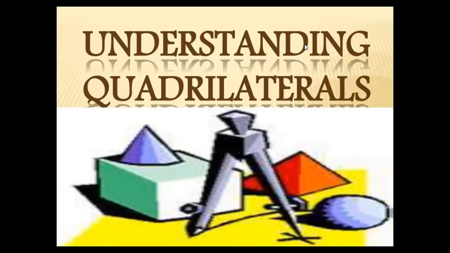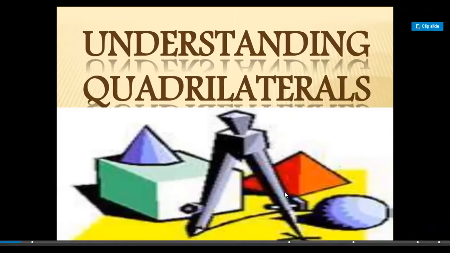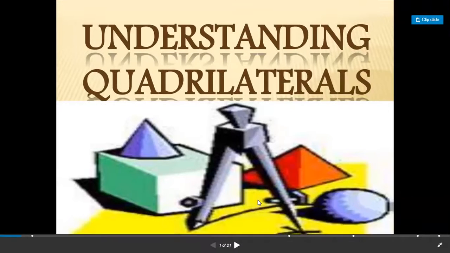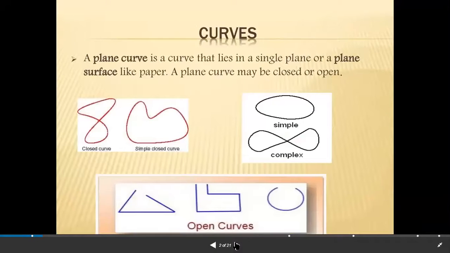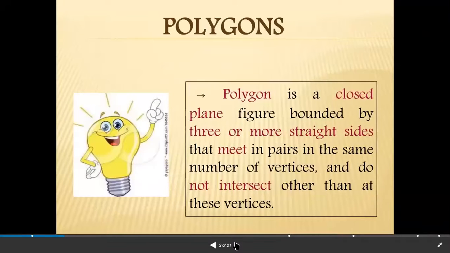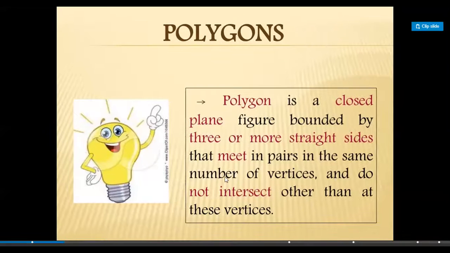One more formula we have done, that is of the same type, n into (n minus 3) upon 2. If you multiply n into (n minus 3), you will get n square minus 3n. Okay, so both the formulas are the same. Types of curves we have done, and the meaning of polygon we have done: a closed line figure that is made up entirely of line segments is called a polygon.